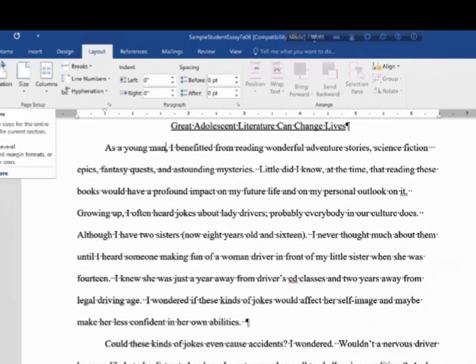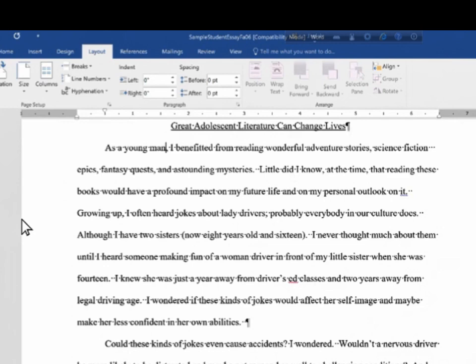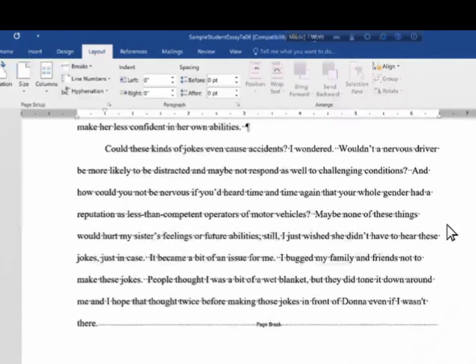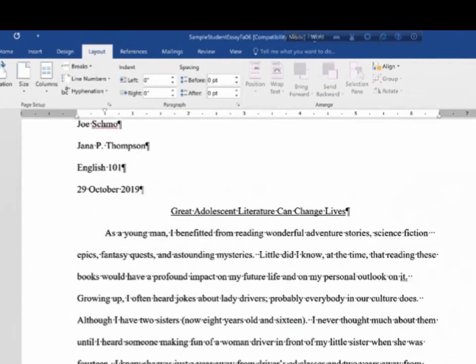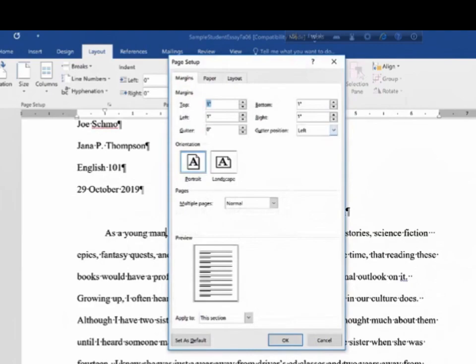And then finally, we have margins. And I showed this a little bit earlier, but if you click on margins, you can adjust the amount of space between the edge of the document and the text, here at the left and also here on the right, as well as the top and bottom of each page. So those margin options are listed here. You can also do custom margins, and whatever you choose